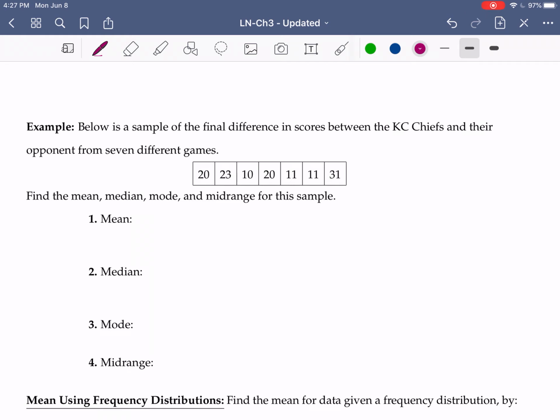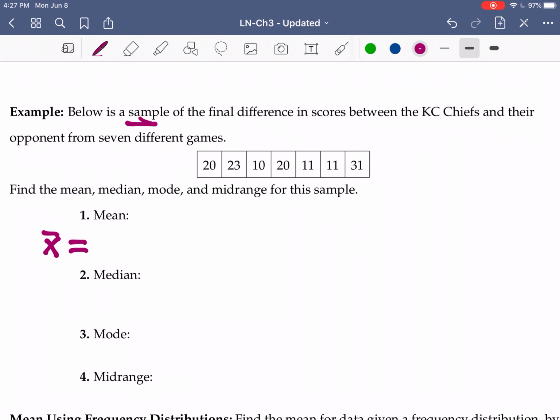So to find the mean, because this is a sample of games, notationally, we will use x bar. X bar is equal to, we're going to just add all of the data values together. 20 plus 23 plus 10 plus 20 plus 11 plus 11 plus 31